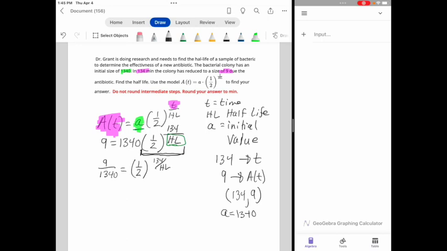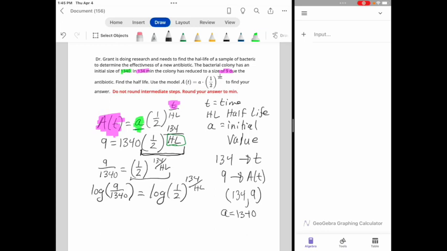Okay, now we have it set up where the exponential part is by itself, and we can take the log of both sides. Now, it doesn't matter which log you use, no matter what the base is. You just have to be consistent in whatever base you pick. You have to do it to both sides. I'm just going to use regular common log, which is base 10. I'm going to take the log of both sides, and on the right side I get log of 1/2 of